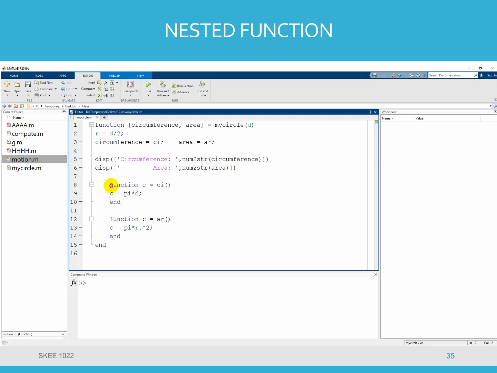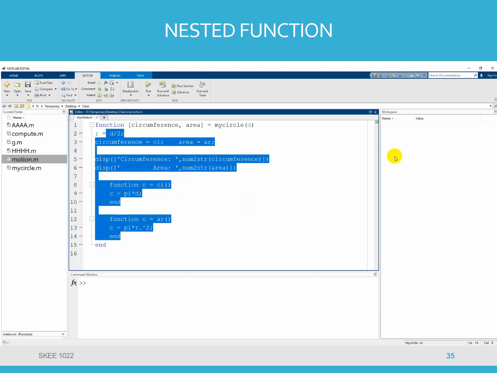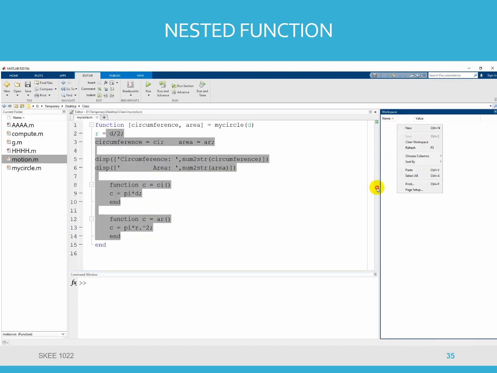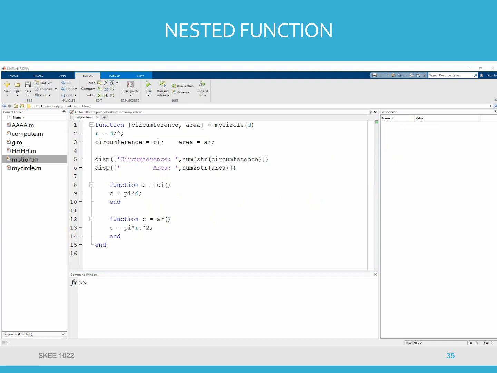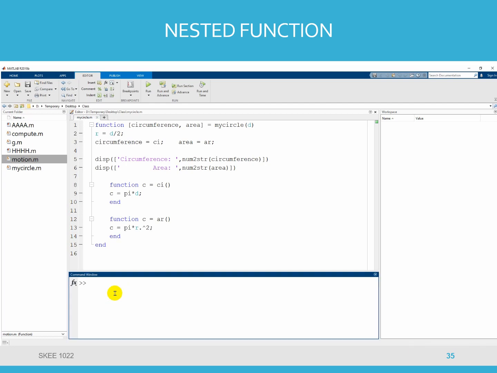This is the nested function, and of course you don't have to define D inside the input, because we share the same workspace. That is the advantage. So if I call this function inside the command window,